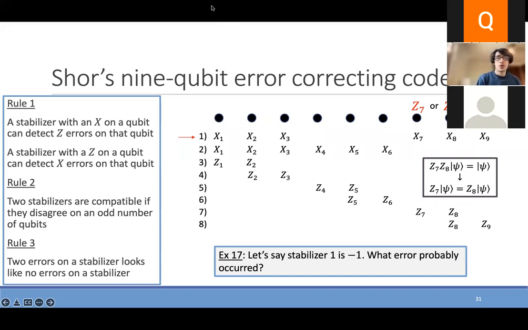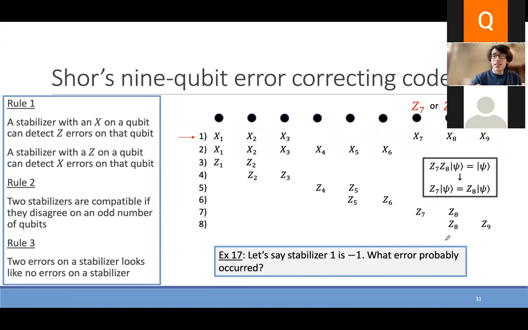What I'm saying is our first stabilizers give the same result, either we have Z7 or Z8 or Z9. Yes. So if we consider that result, can we say that Z7 on any state is equal to Z8 on that state? Yeah, so